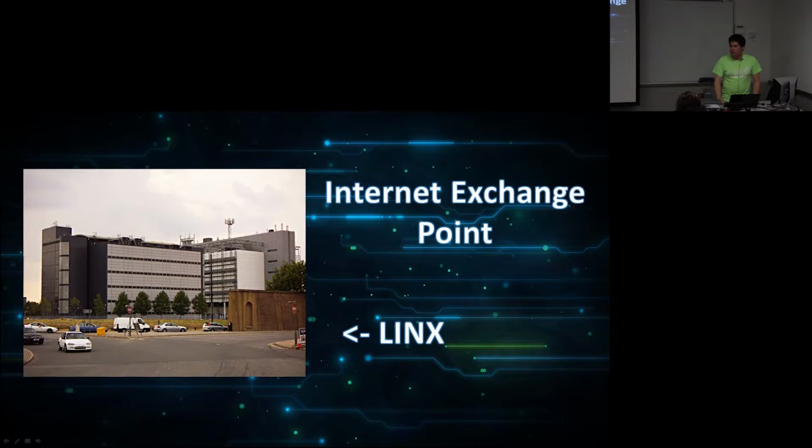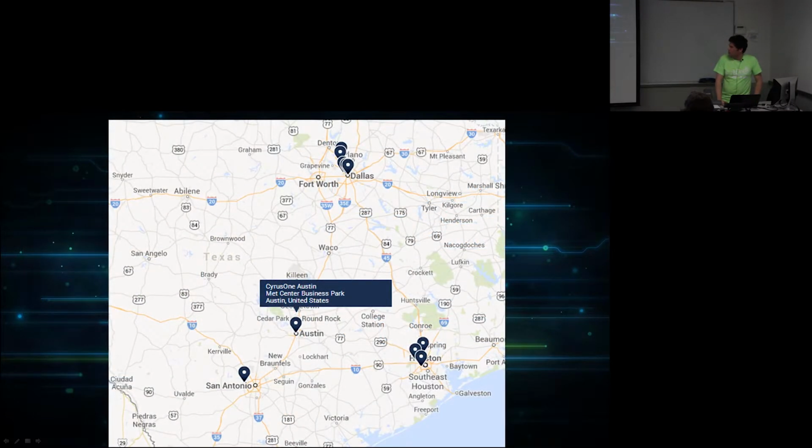So this is the one up in London in the Docklands, if you've ever been there. But here's a couple here in Texas. We actually have our first one that opened up in 2013 in Austin. But we have a bunch of old ones from the 90s up in Dallas. And Dallas, since it's the corridor of many major interstates, naturally has more internet exchanges than the rest of Texas. So basically, internet exchanges are hundreds and hundreds of switches and routers that allow this Border Gateway Protocol to actually work.